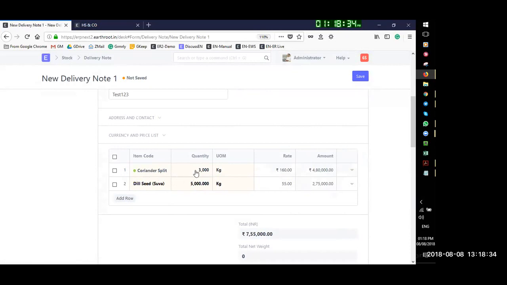Yellow means it needed 6,000, which I did not hold in my godown. That's why it was showing yellow. When I made it 3, it is now showing green. So that is the stock available. So if I keep 6 and try to put the inventory,